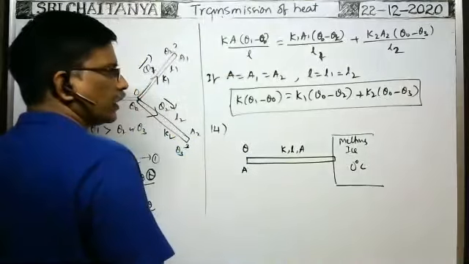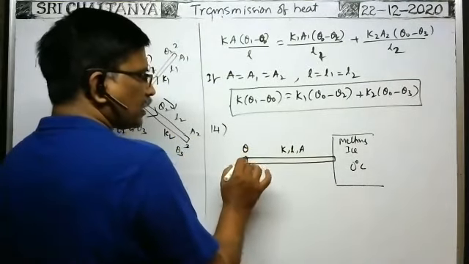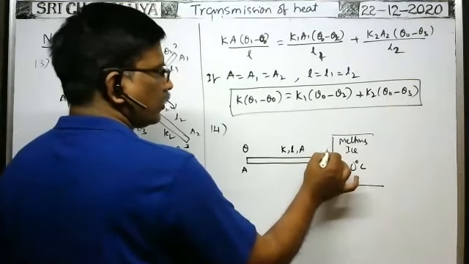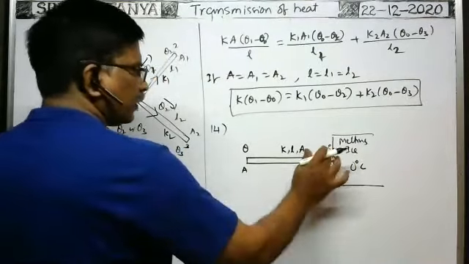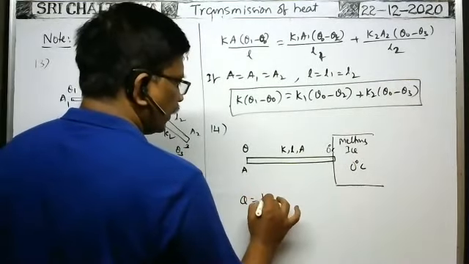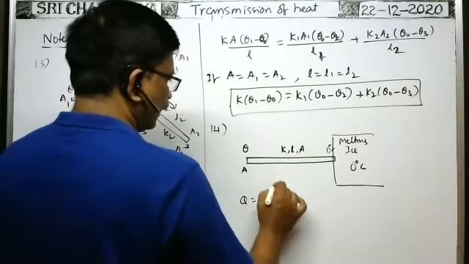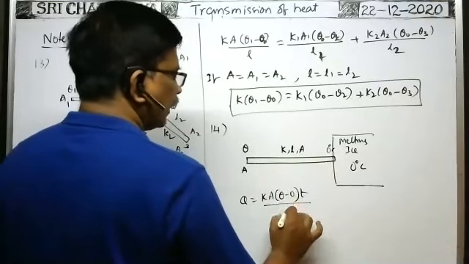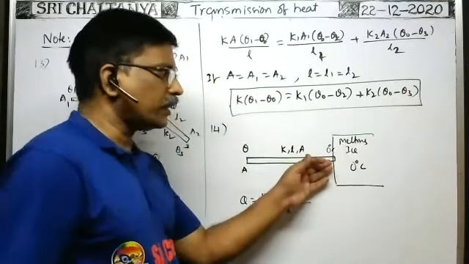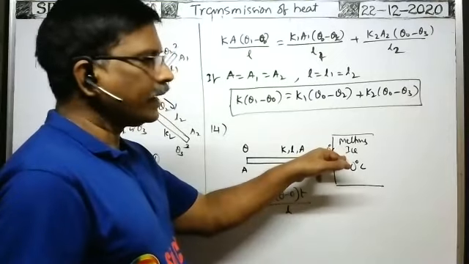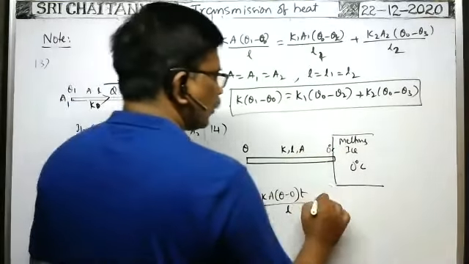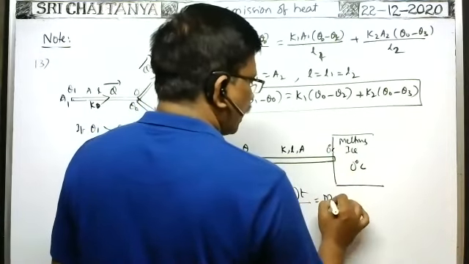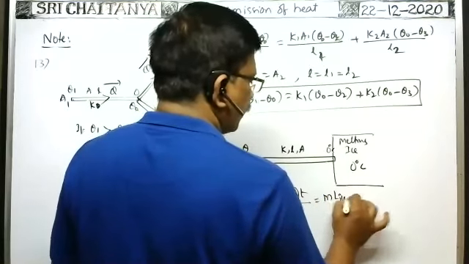So in this case, in steady state, the temperature of this end of the rod is theta. As this other end is kept in contact with ice, the temperature of this end is equal to 0 degrees centigrade only. Because of the temperature difference, heat energy transmitted through this rod is equal to K into A into (theta minus 0) into time t by length of the rod L. It is the heat energy transmitted through this rod in steady state that is absorbed by the ice to melt. That's why this is equal to m into latent heat of fusion of ice, where